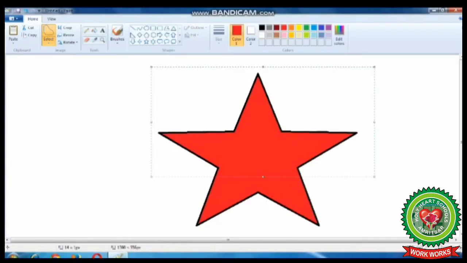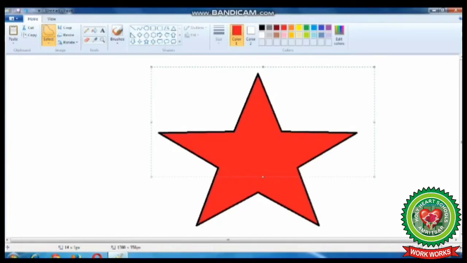When you will select irregular part of the drawing, you will notice only that part of the shape is selected.